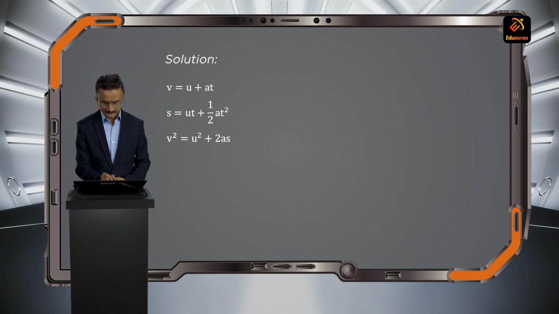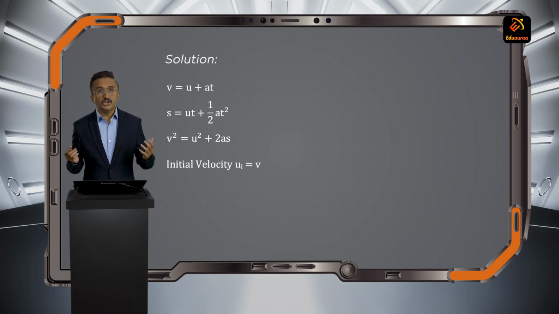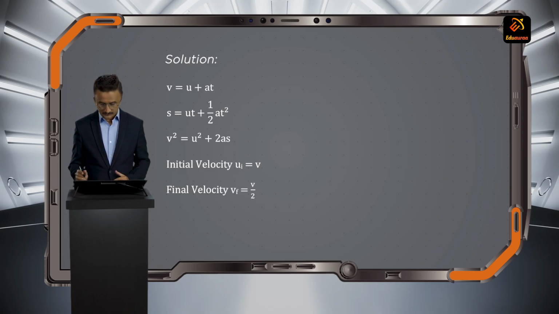Now here the initial velocity is given, u is equal to v, and the final velocity, v final, is equal to v by 2, and the distance covered is 3 centimeter. So now I can calculate the acceleration, or I can say the negative acceleration, that is called retardation, by using the formula